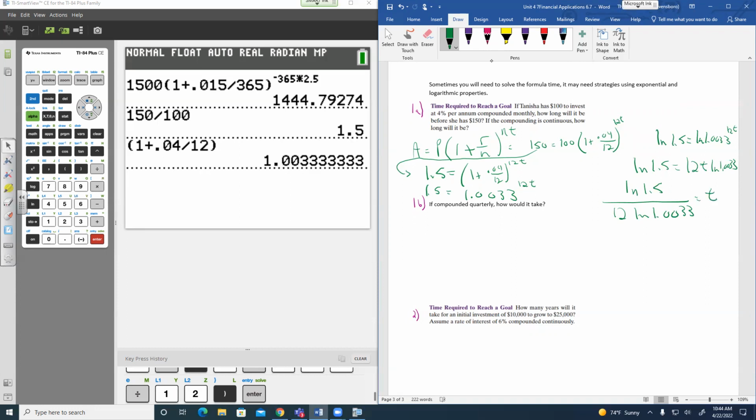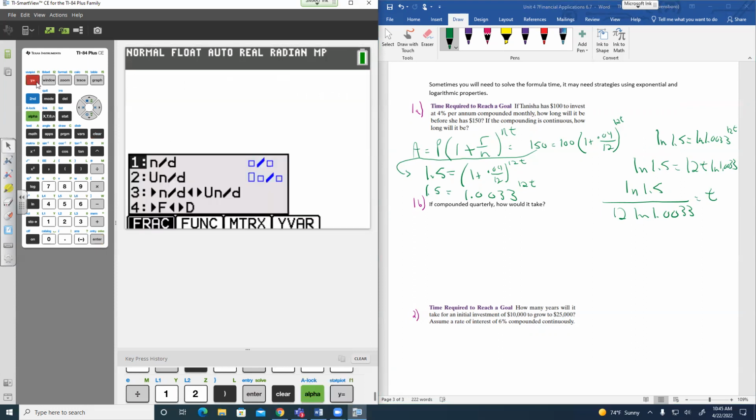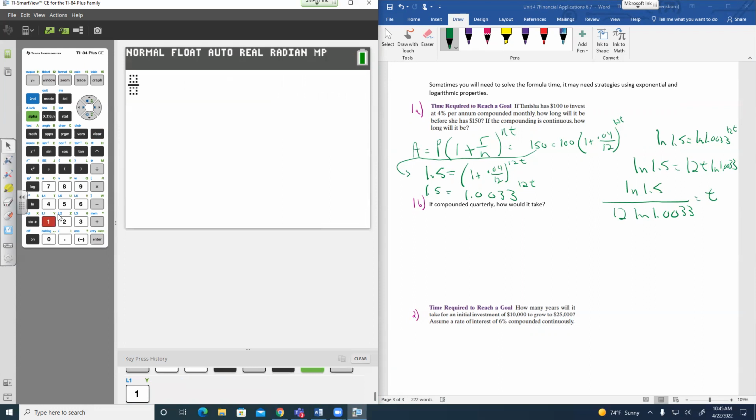So using our calculator, if we clear this off over here, notice how this is kind of a fraction. So I'm going to use that alpha F1 key to get this fraction stuff here. So the natural log of 1.5 goes on the top. And you could have taken the log of both sides too, or whatever log you wanted to, because your calculator is pretty powerful. I'm just so used to the log and the natural log. So then we have this 12, and then we have the natural log of